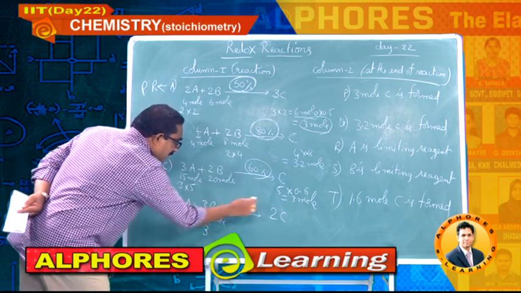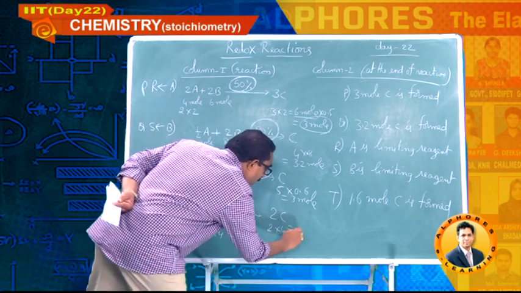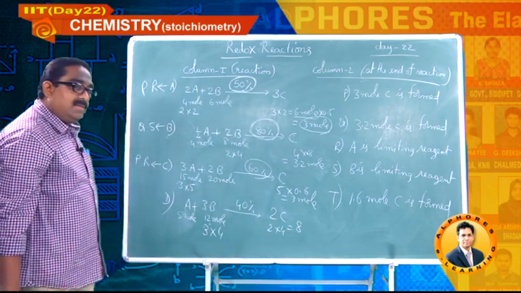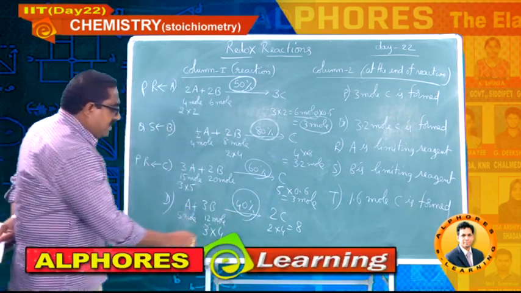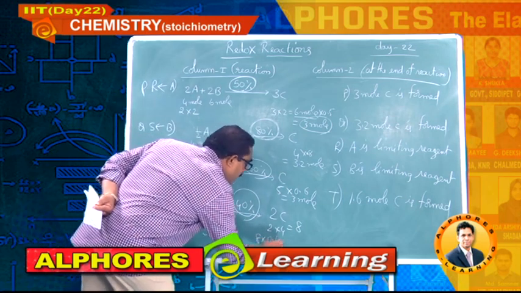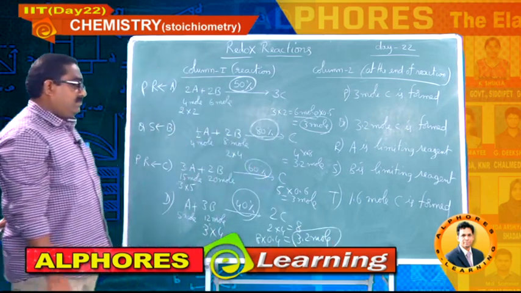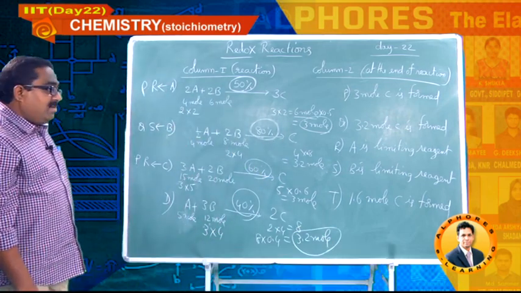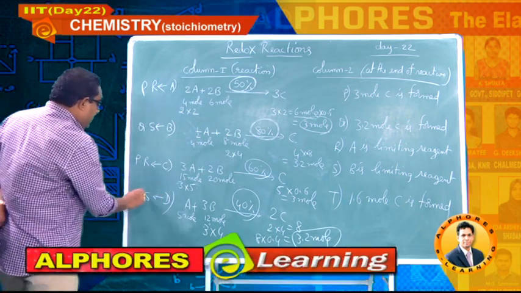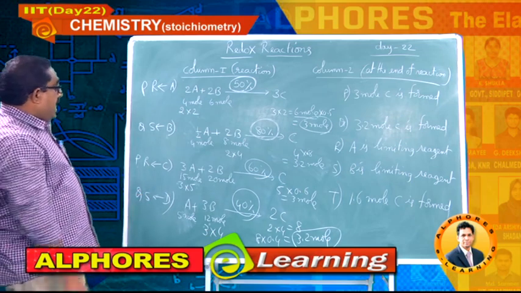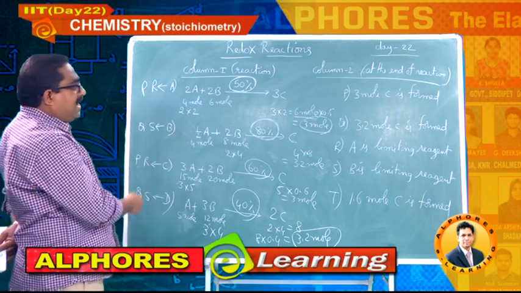So, you make it as 3:2 ratio, 3 into 4, 12 means. So, you will get here 2 into 4, 8. But he has given only the percentage yield is only 40%. So, 8 into 0.4, finally you will get as 3.2 mole only. So, here B is limiting reagent, should be matched with S, and 3.2 mole production, that is Q. So, for A and C same match, for B and D you got same match. So, even though it is matrix matching question,